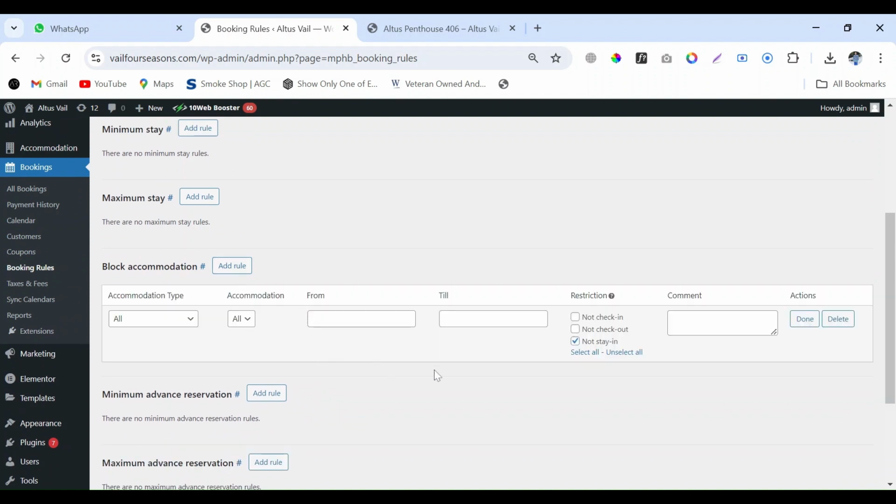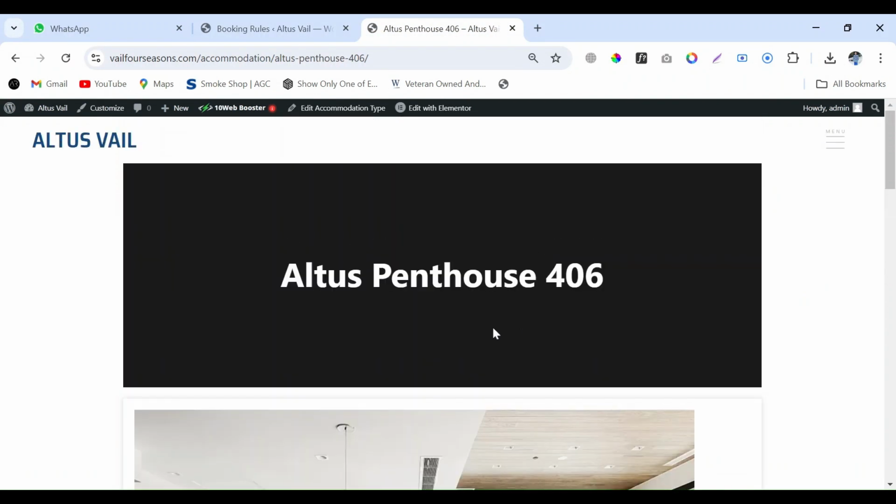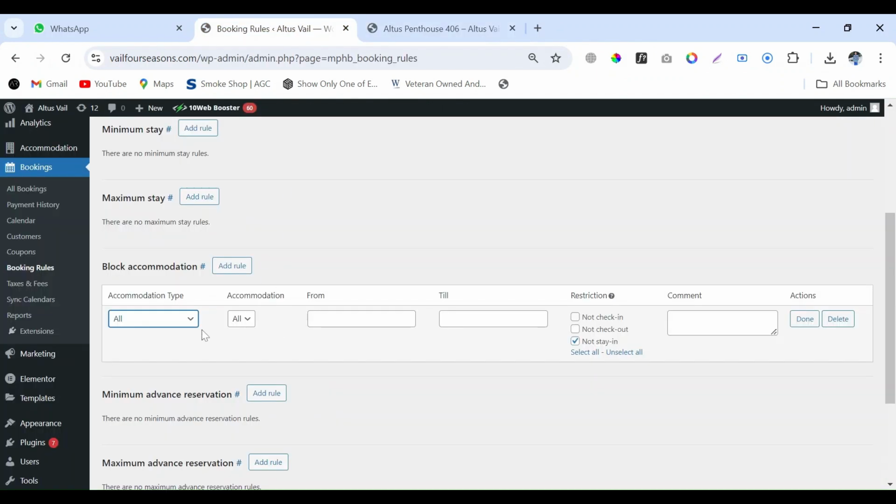In the add rule option, you will see a lot of options, but keep in mind you will select a particular accommodation in which you want to block some dates. Here the accommodation name is Altus Penthouse 406. As there is only one accommodation here, I will select only this one.